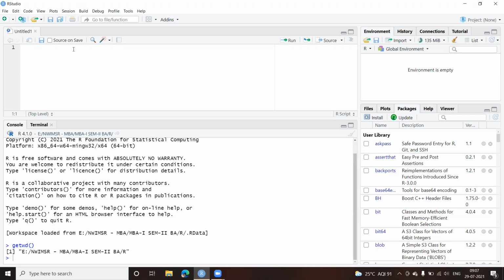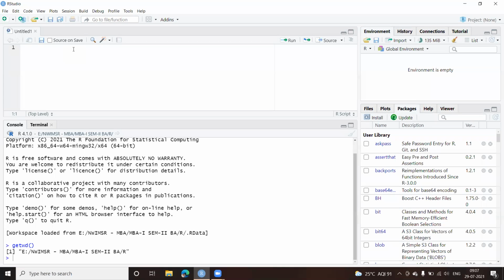Let us say you have set a working directory, but the file which you are reading is not a part of the working directory. It is stored somewhere else. Now, in that case, you have to specify the full path where that file is stored, in which folder it is stored, which drive it is stored. Okay, so you have to give the full path. Please remember this. Okay, there are two conditions. If your file is in your working directory, just specify the name of the file. If not, then specify the full path of the file where it is stored. Okay, so keep this in mind, and then we can work on this further. Clear? Now let us try to read a file.